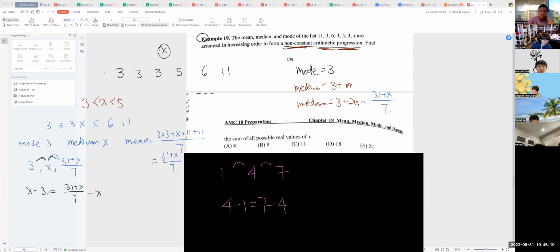Okay, so after we calculated this one, so x equals what? Okay. But who told you that? So is it possible that we have x, 31 plus x over 7, and 3, which is impossible because x is bigger than 3 and smaller than 5, correct? And also we cannot have x, 3, and 31 plus x over 7 because x is bigger than 3. So the first one, we get the x value is 4. 这个也是 Victoria 做出来的，对不对？Victoria 做出来一个 4，对不对？